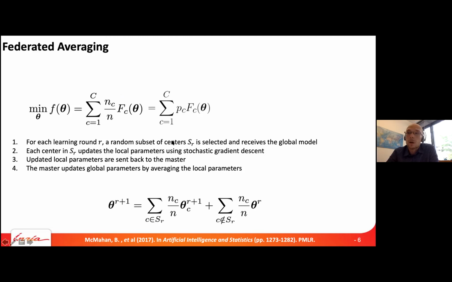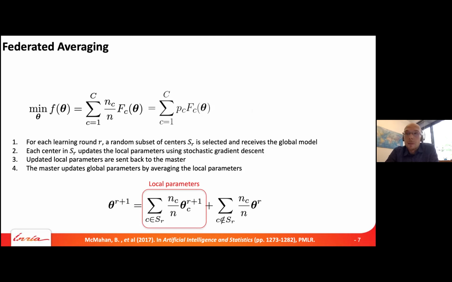in this weighted average, in this weighted sum. Every center, in federated averaging, estimates a parameter by running, for example, E epochs of SGD, and transmits the parameter to the server. The server performs aggregation in the form of an averaging where the weights depend on this coefficient p_c, on the importance of each center, for example in terms of data points. And so basically, we can decouple this sum, this weighted aggregation.